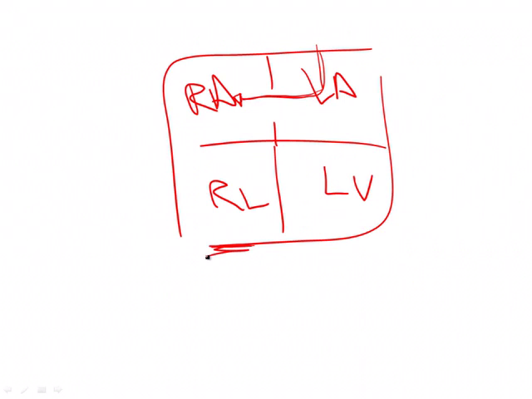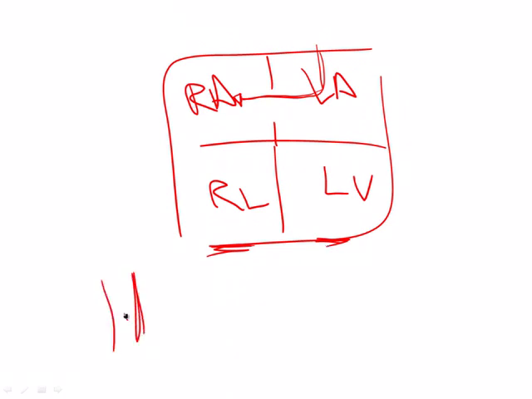Now that delayed closure of the pulmonary valve in relation to the aortic valve will result in a splitting of the S2, and of course the S2 is when the aortic and the pulmonic valve close. Another interesting finding of an atrial septal defect is that if you happen to have a DVT, for example down